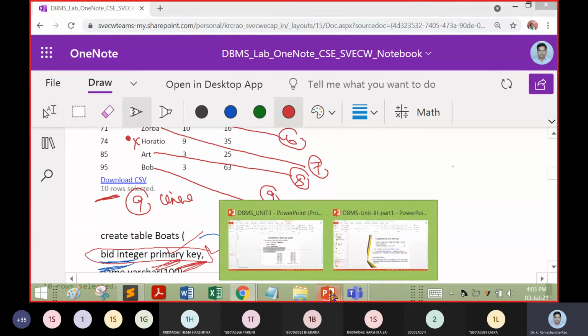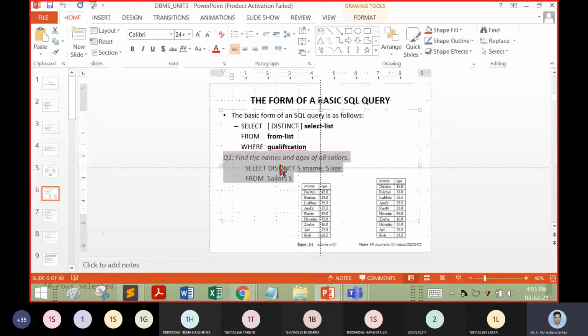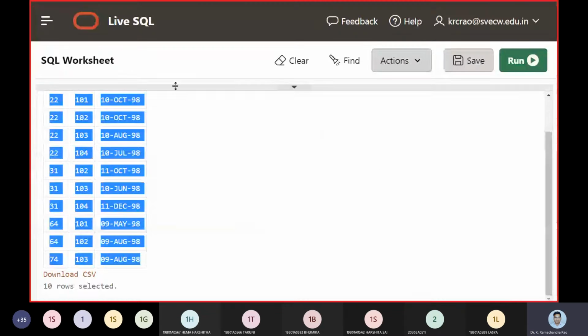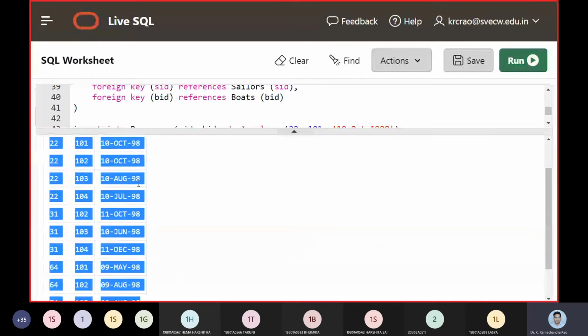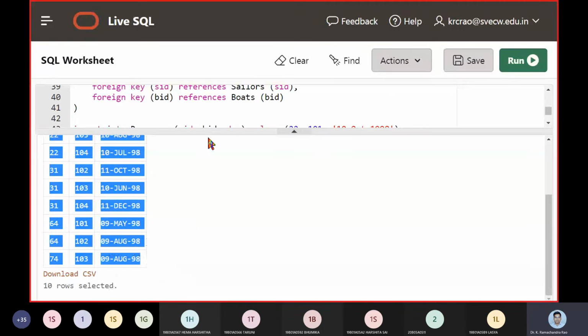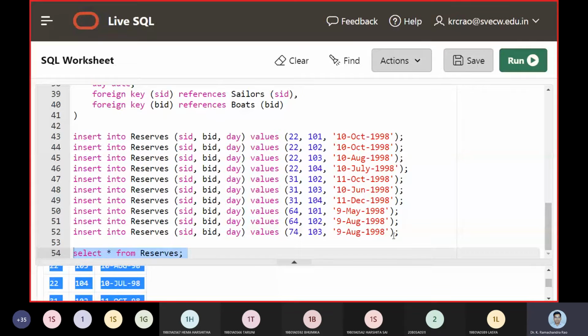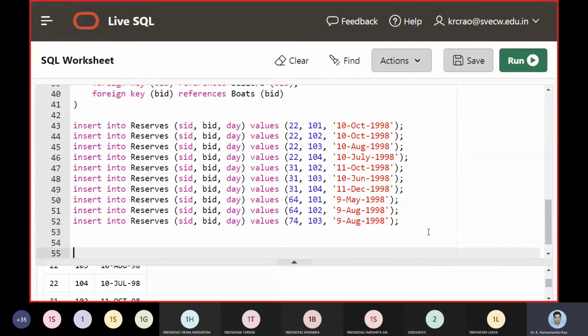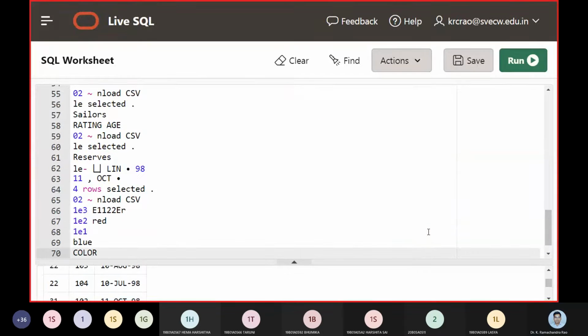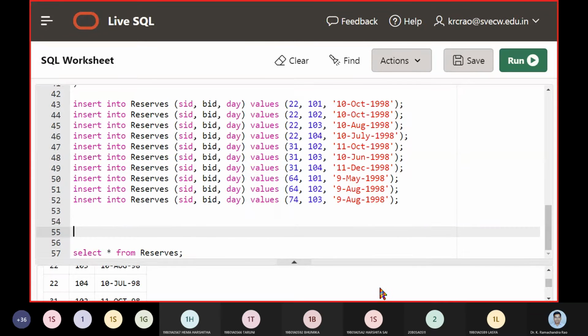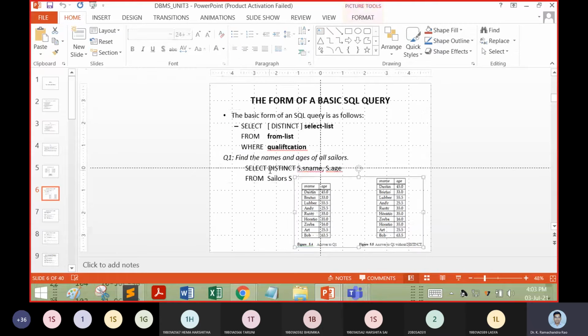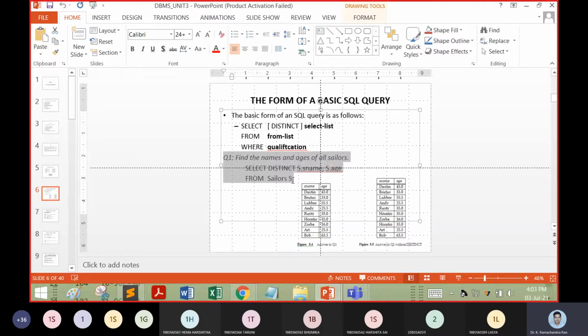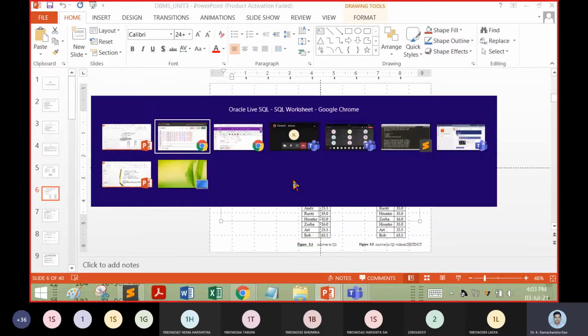So let us see whether this prints the uniqueness when we execute it in Live SQL. We will move to our work area in Live SQL and take up this question.